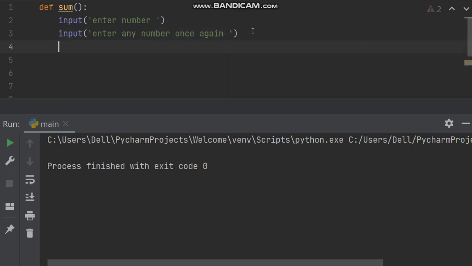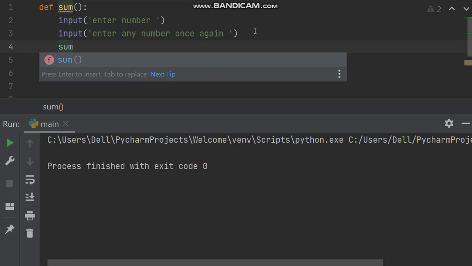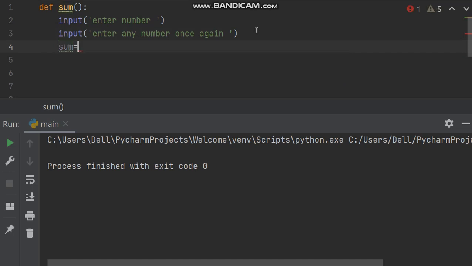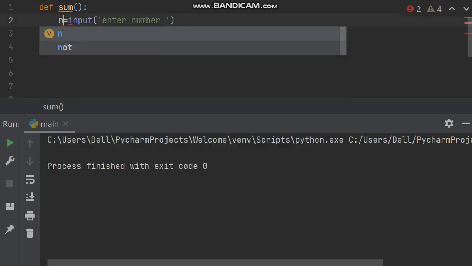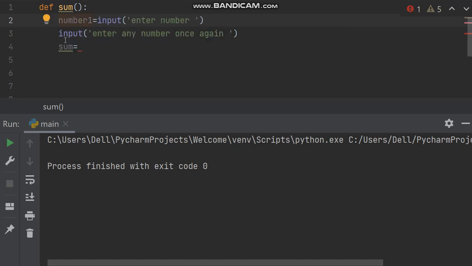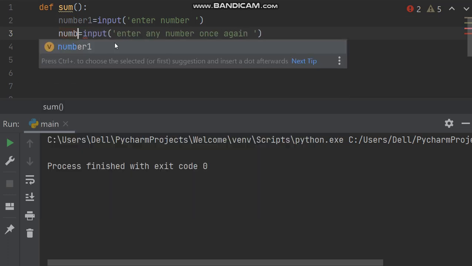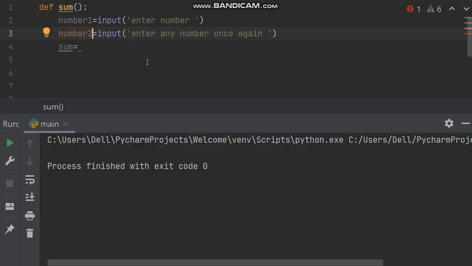Okay, and then you have to find sum equal to, and you have to store it in a variable, say number 1. Here also you have to store it in another variable, say number 2. By default, if you enter any number, that will be stored as a string in Python.